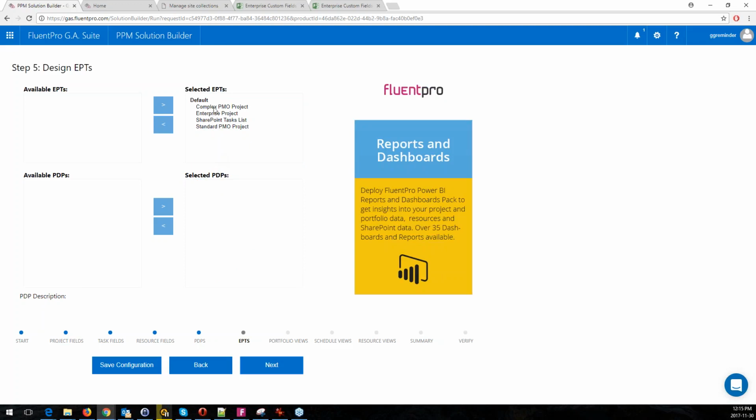On the EPT screen, the similar configuration is available, so you can select and deselect the enterprise project types you're going to deploy. Currently, the solution has 4 of them. And inside the enterprise project types, you can select or deselect the pages that are displayed for each enterprise project type. It may be useful just to include some information for